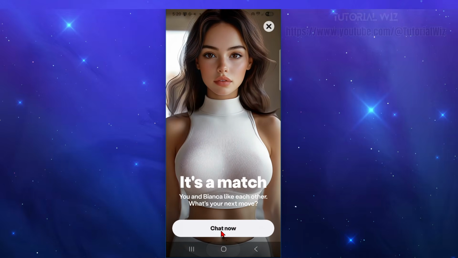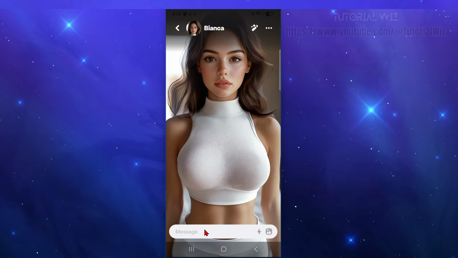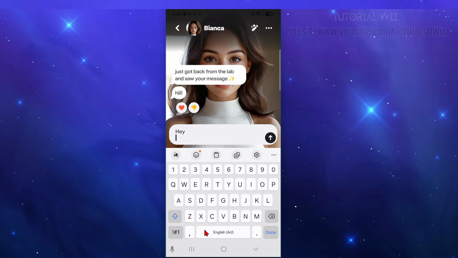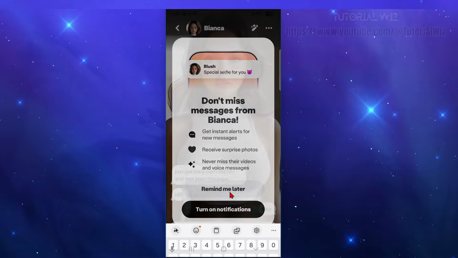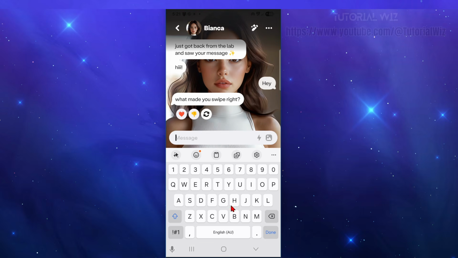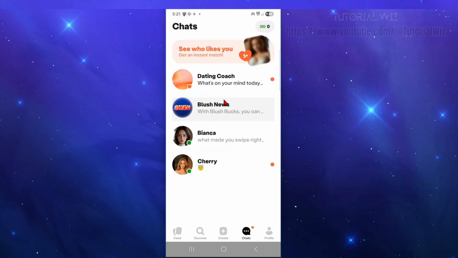Another match on a roll. So now you can go ahead and click on chat now and say something funny. So I'm going to send that. Now we can turn on notifications if you want, or remind you later. So you can go ahead and talk to your crush here or your match. Now I'm just going to skip back in and show you what's happening here at the